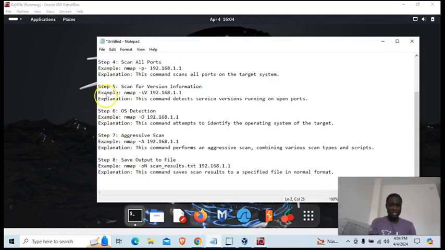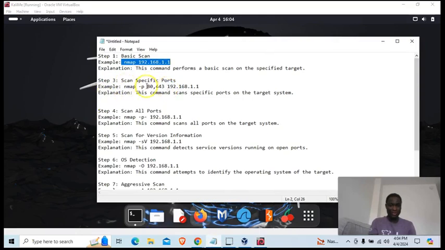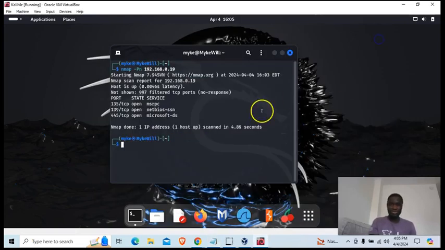The next one is to scan for a specific port. Let's see if there are some specific ports that are open here. So I'm going to use Nmap. I'm not actually going to be typing, because when you type a command in Kali Linux, you just use your keyboard up and down arrow keys to